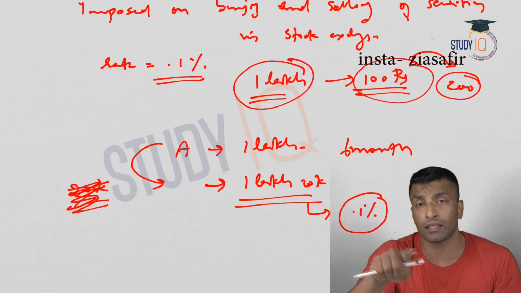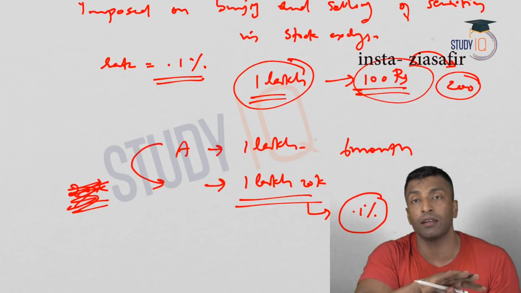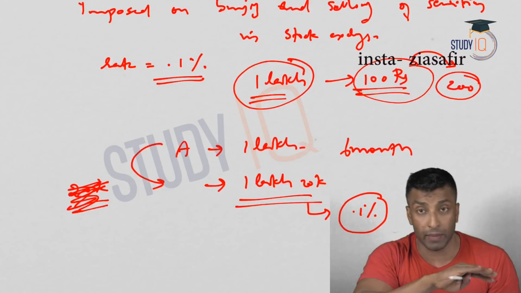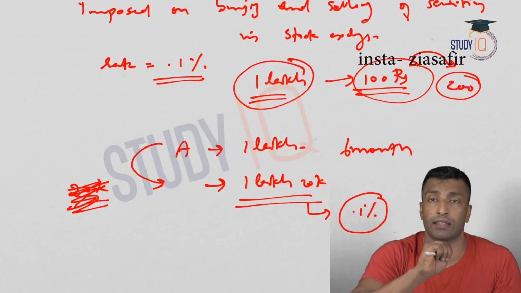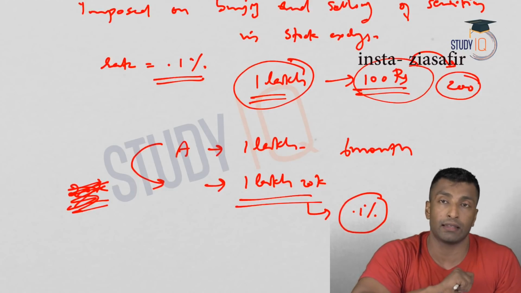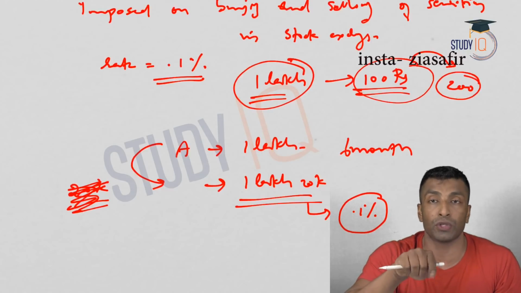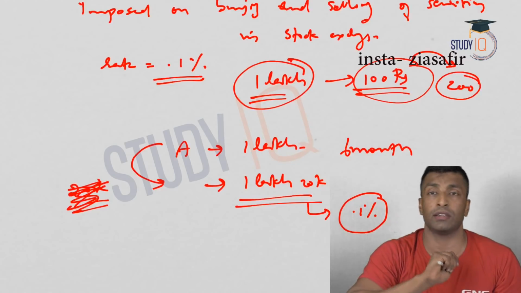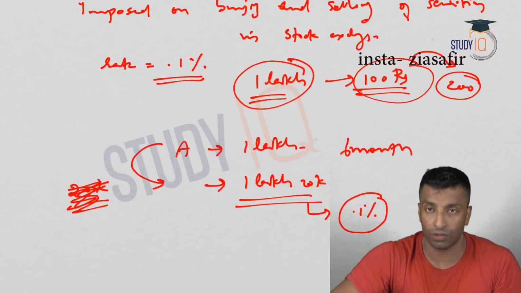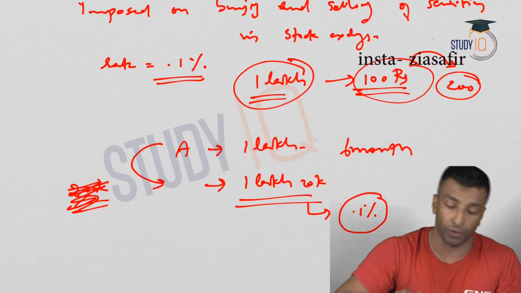Capital gains tax is not only for shares. There can be many other gains which are possible. There are many financial assets, and many physical assets also, in which capital gains tax is applicable. I have just taken the example of a share. You should not be confused between capital gains tax and securities transaction tax. So I hope this point is clear for all of you. Next is